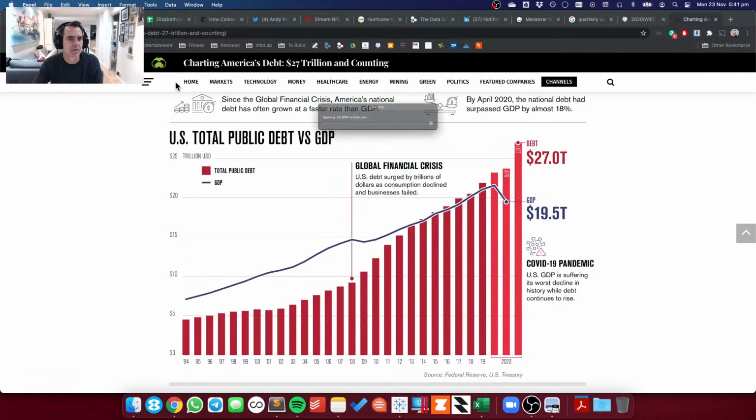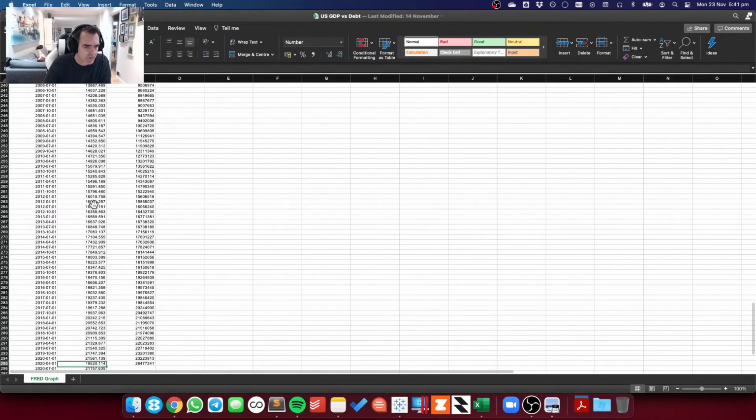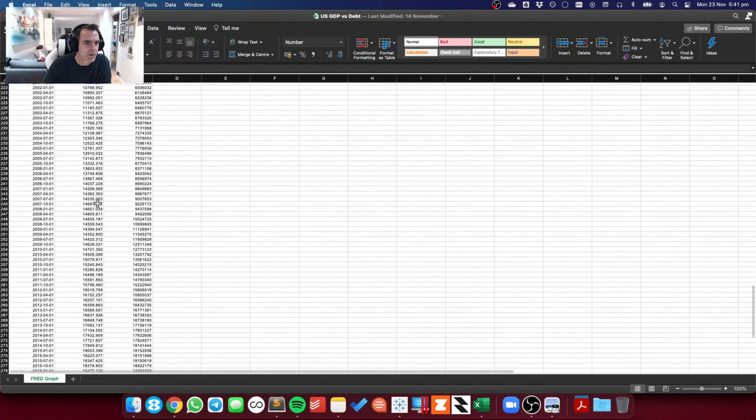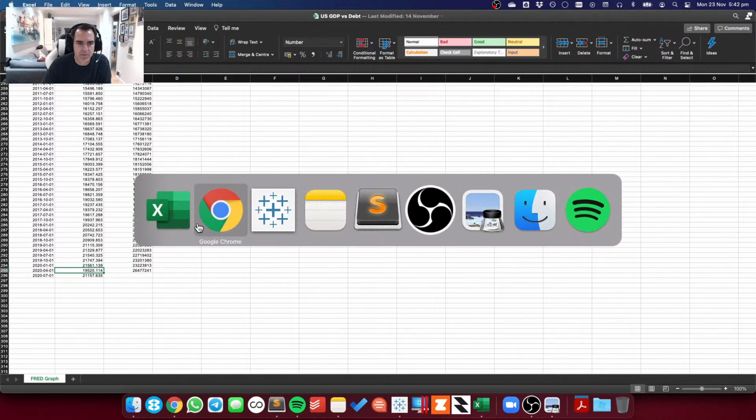Let me see. Okay, why does the data look a bit strange here? This should be closer to 19.5 trillion. So the numbers look like they've come out a bit weird.